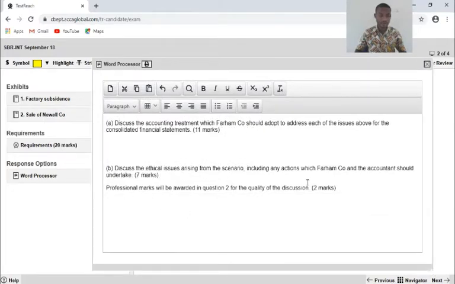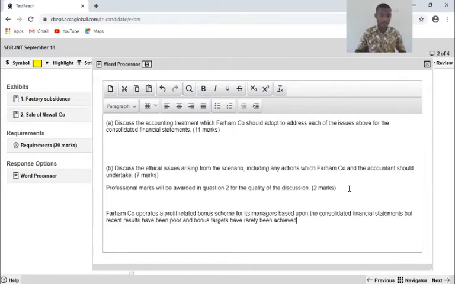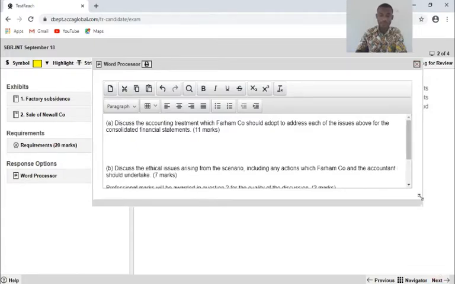So if I come here, I can just paste it here. I'll work on it later as an ethical issue, because that's an incentive for possible manipulation or non-compliance with standards. So now I have read the introduction.